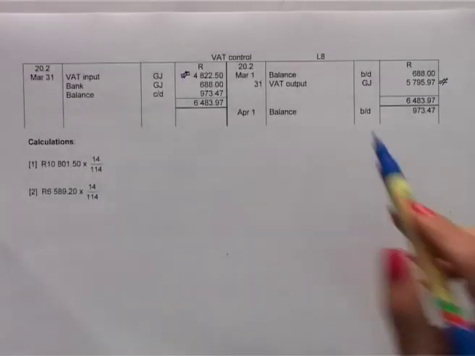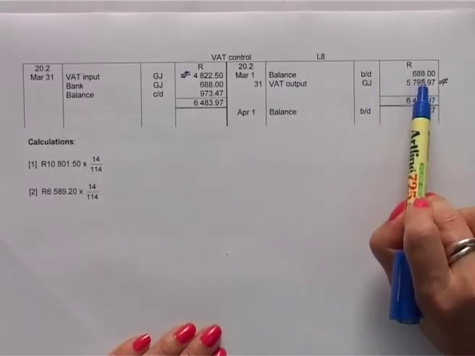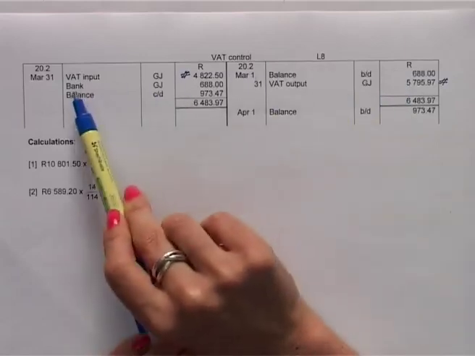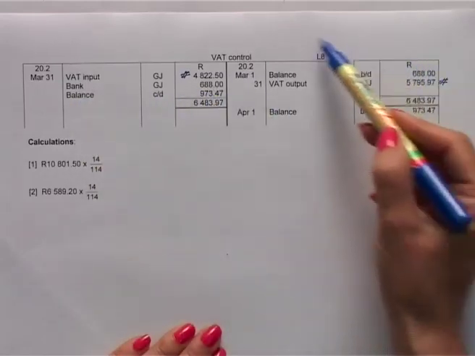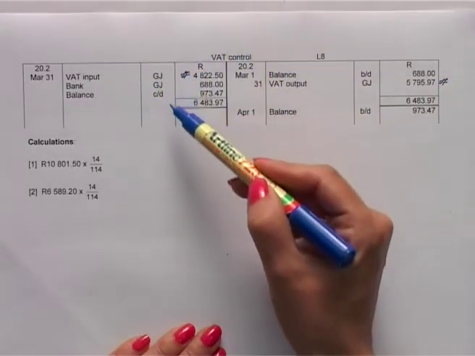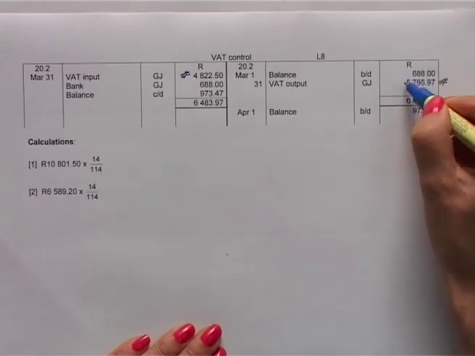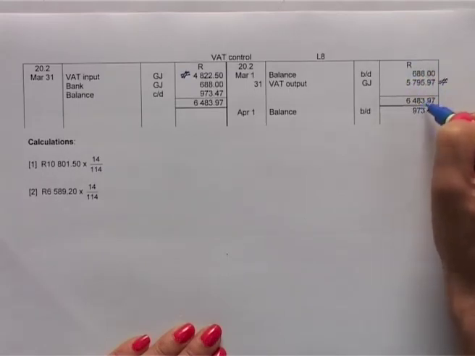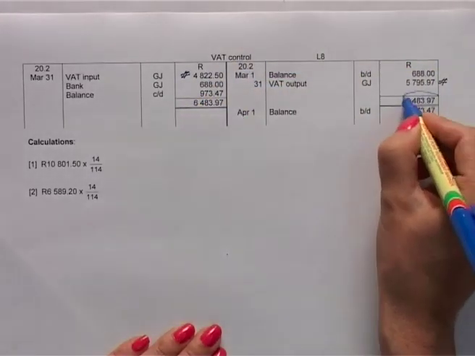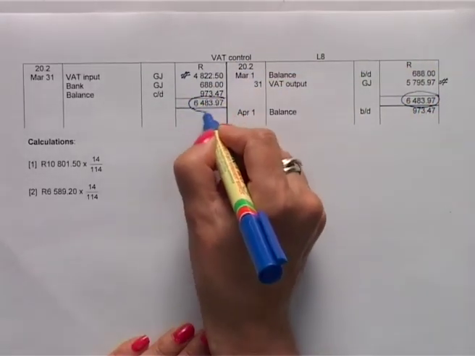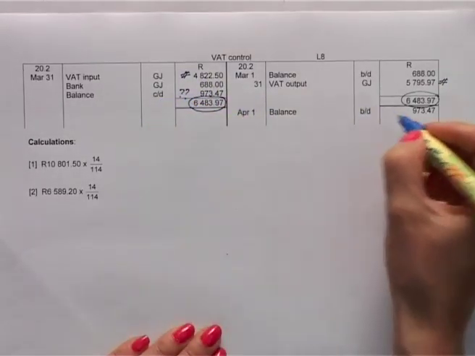So we started off this control account by owing South African Revenue Services 688 Rand. We made the payment for bank 688 Rand. So if we use this control account now to determine at the end of this cycle, do we owe SARS or do they owe us? We'll see at this point the credits 6483.97 exceeds the debits. So I'm looking for this total on the debit side as well, and I can calculate my balance carry down, brought down of